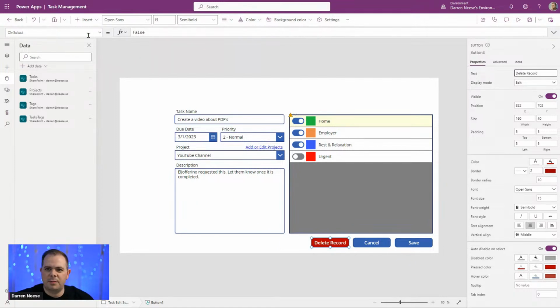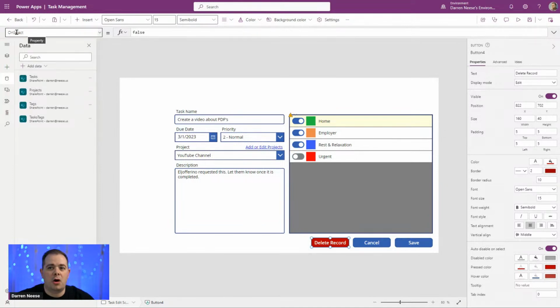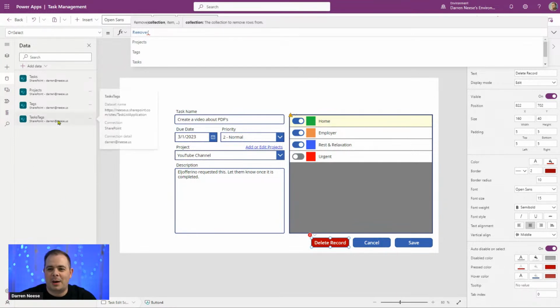Now, in the OnSelect property, make sure you've got this drop down in the upper left corner of your screen once you have that button selected, and that we're on the OnSelect property. Here I'm going to show you the remove syntax, or the parameters that you need to pass into it. So we'll simply type remove. The first parameter of remove and also remove if is going to expect the data source name. If you look over here on the left side of the screen within Power Apps Studio,